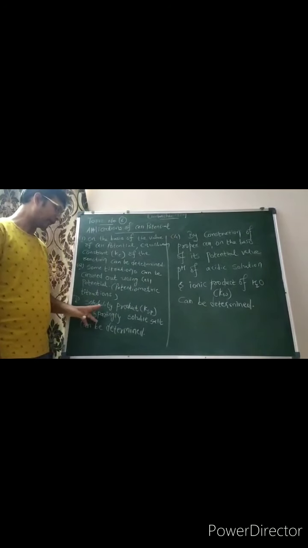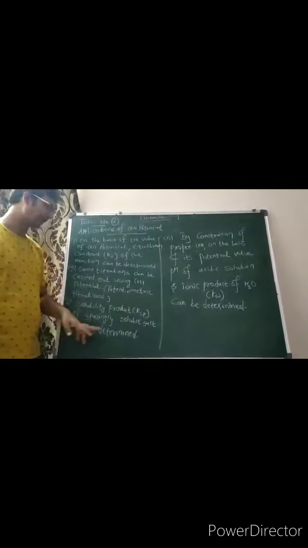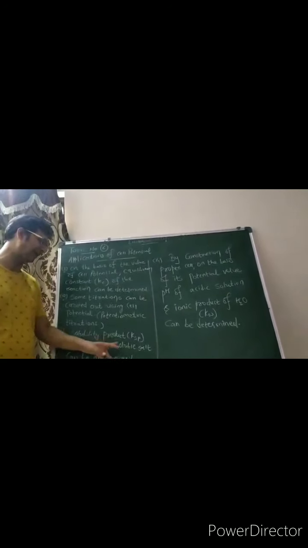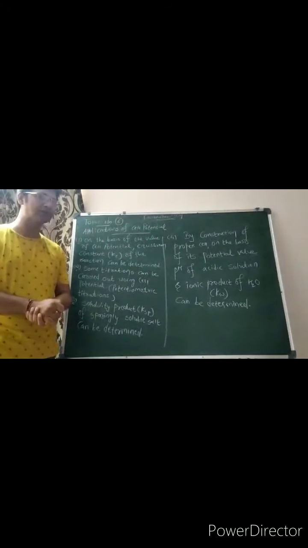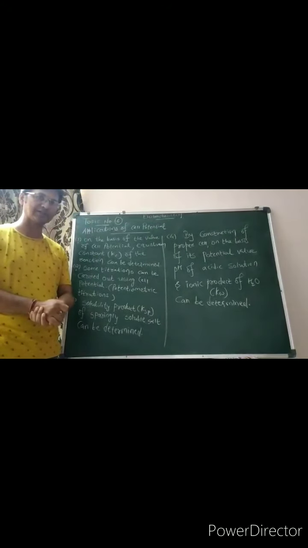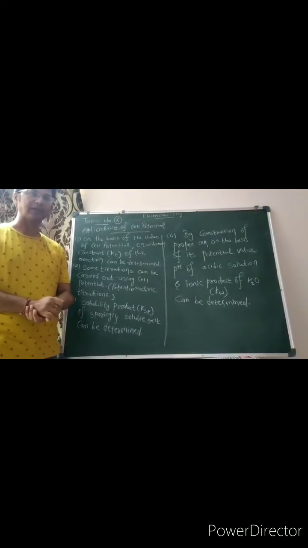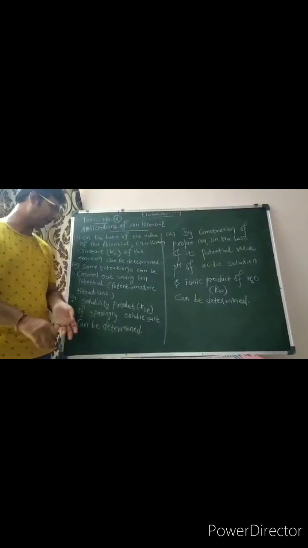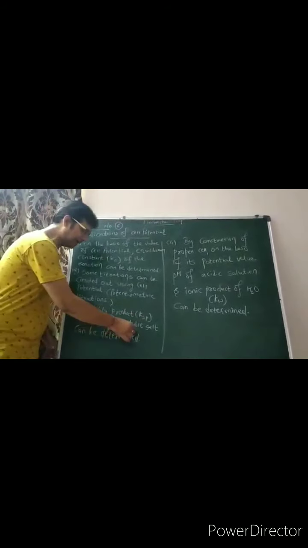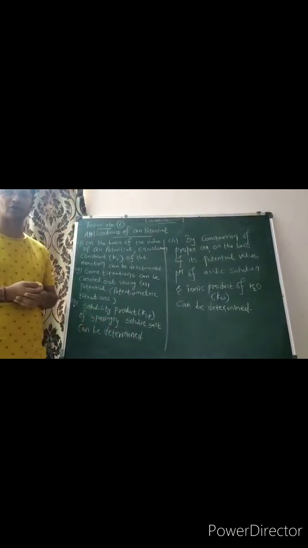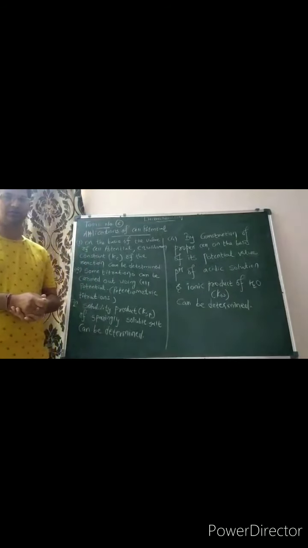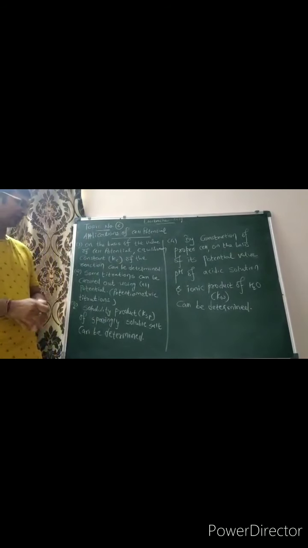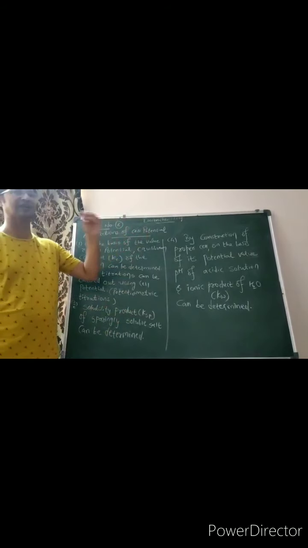Then third thing is we also calculate the solubility product. KSP, the solubility product of a sparingly soluble salt, can be determined. Can you tell me what is the meaning of sparingly soluble salt? Because that point was also discussed with you in 11th standard in the chapter on equilibrium. We calculate the KSP for sparingly soluble salt. Now what is sparingly soluble salt? Sparingly soluble salt means those salts which are not 100% dissolved in water. That is called sparingly soluble salt. So that KSP value is also determined by the help of cell potential.